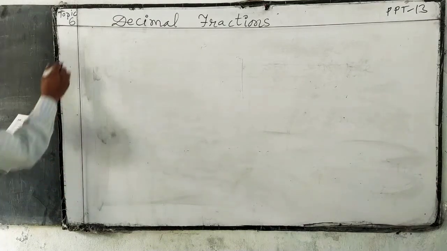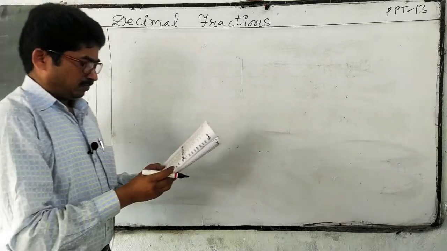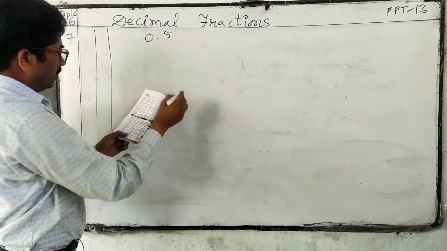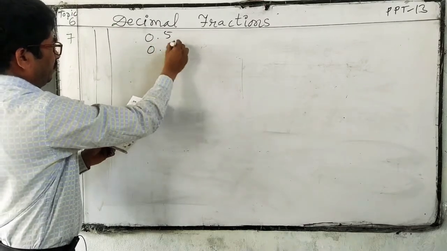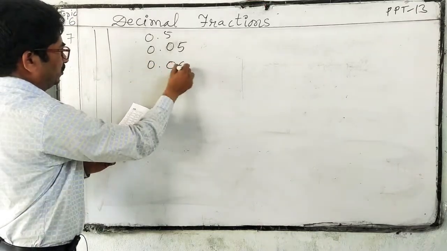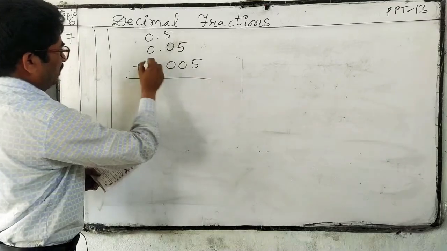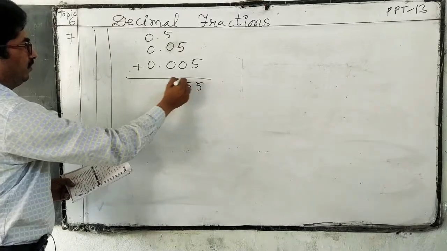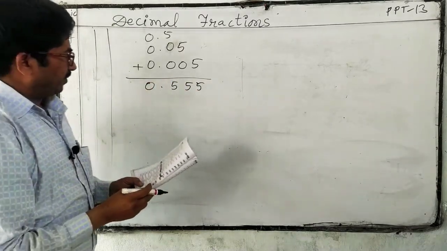Next, seventh, the value of 0.5 plus 0.05 plus 0.005. Here we have to add all this. 5, 5, 5. 0.555, but